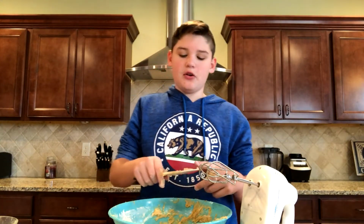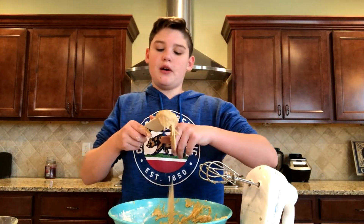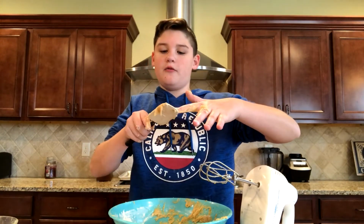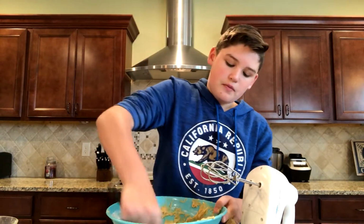If your batter is getting stuck to this flattened spatula, if it's silicone, you can always scoop it off. And if it gets stuck on your hand, just scrape it off with either side, or you can rub your hand on the bowl. So, yeah,